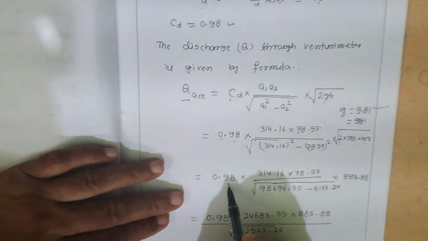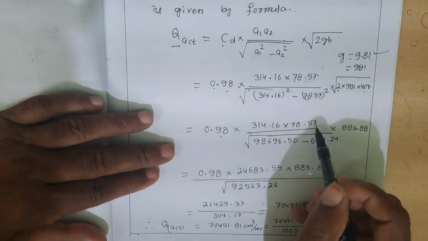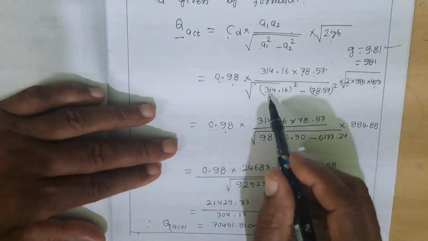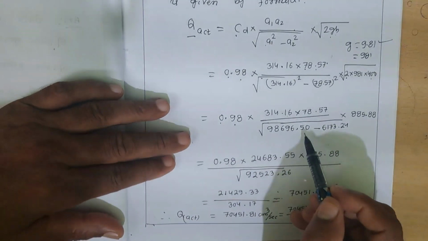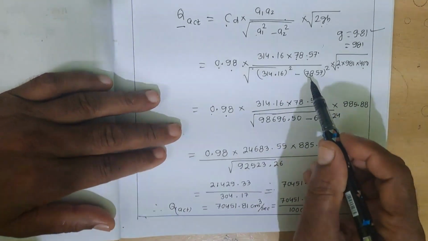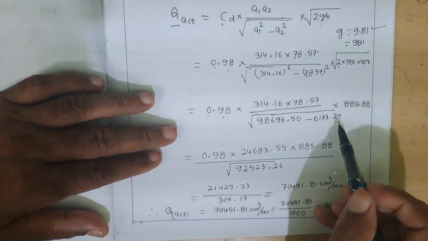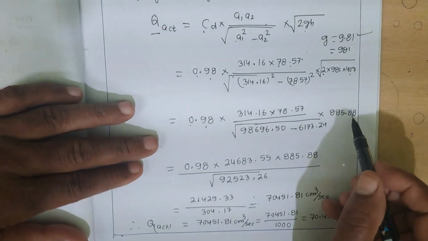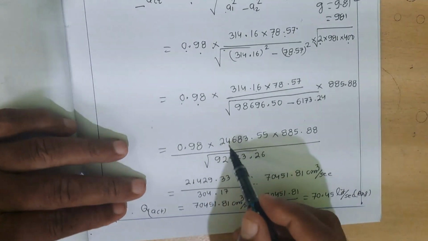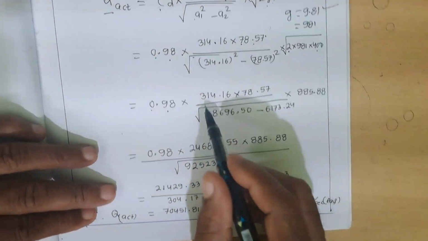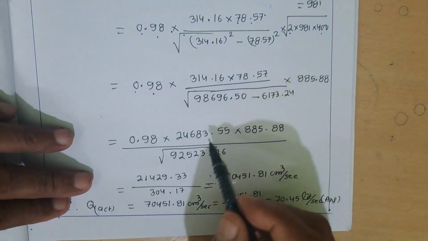Then 0.98 into 314.16 into 78.57 divided by root over square of 314.16, 98696.50 minus square of 78.57, 6173.24 into 885 into 88. Then 0.98 into 24683.55, because 314.16 into 78.57 is equal to